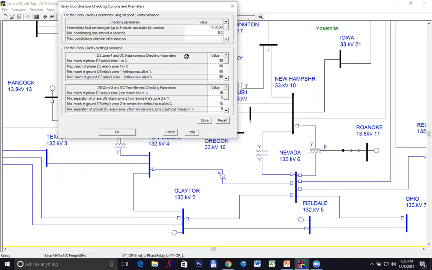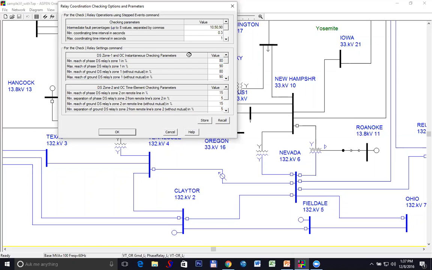And then the next box in the middle of the dialog box is for the parameters for checking the zone 1 of distance relay and checking the instantaneous units of overcurrent relays. And these are limits on reaches of zone 1. You might ask, why are there so many things in this box?